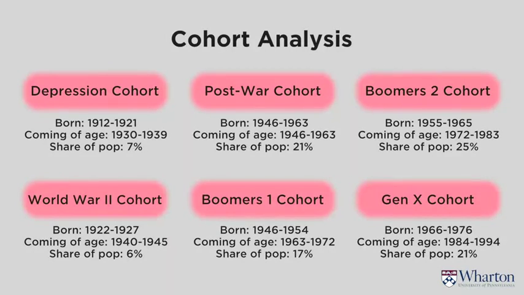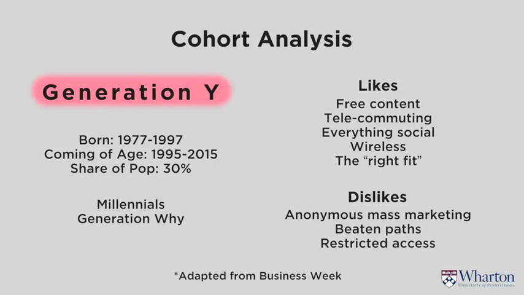And so this is the idea. You've probably heard of baby boomers. That's a cohort. There are two cohorts of baby boomers: the ones born about 1950 and the ones born about 1960. That cohort of baby boomers all come of age at a certain time. Certain things happen when they come of age, and they react as a generation. Generation X is another cohort, and what you're hearing about nowadays really is Generation Y.